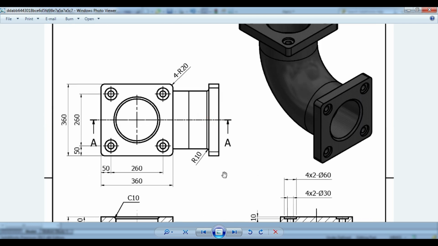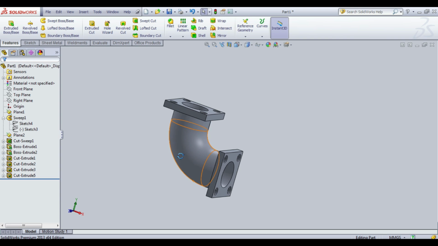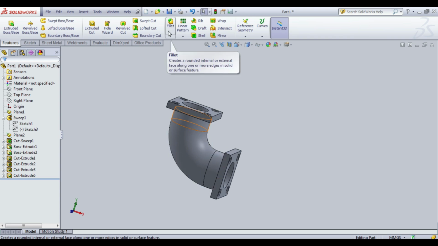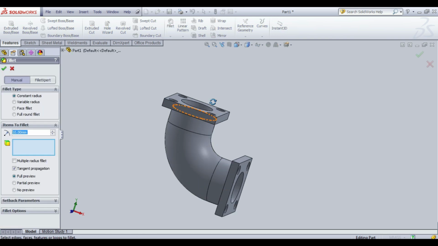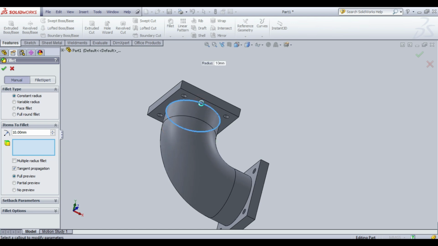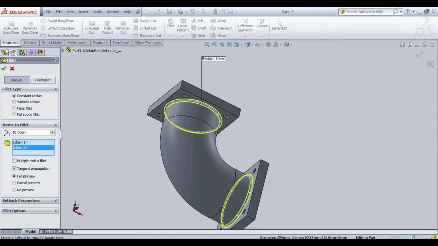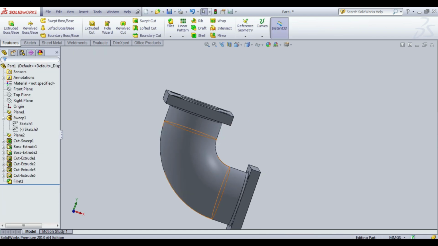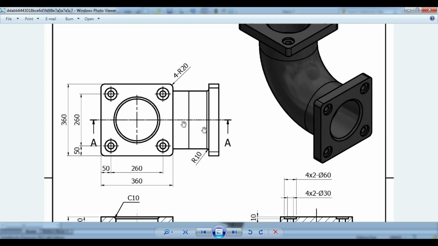After that, we give the radius for the plant, radius 10 mm. I mean fillet. Click on the fillet, click this circle and click the same circle for 10 radius. Okay. After that, in 4 corners radius 20.